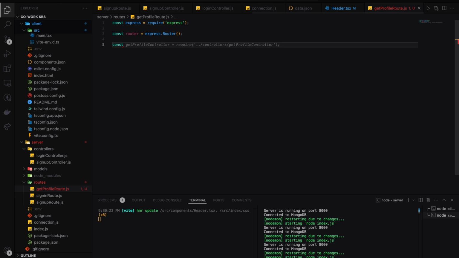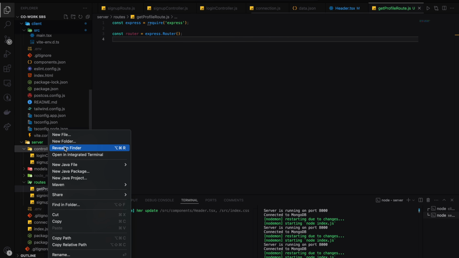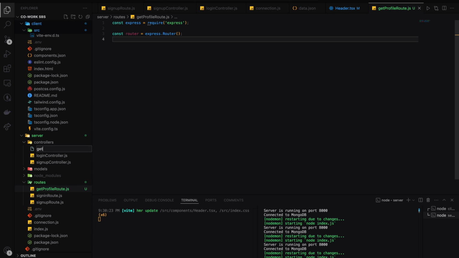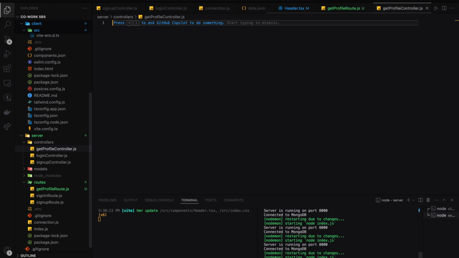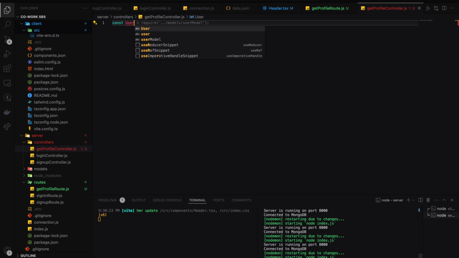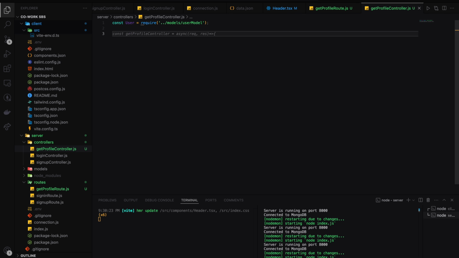So const, okay, we need the get profile controller. We set up the user from the controller. So for it, in the controller, create a new file, get profile controller dot js. We set up all the logic of the APIs in the controller folder. Okay, so here we need const user is equal to, from the models we need the user, and after that const get profile controller